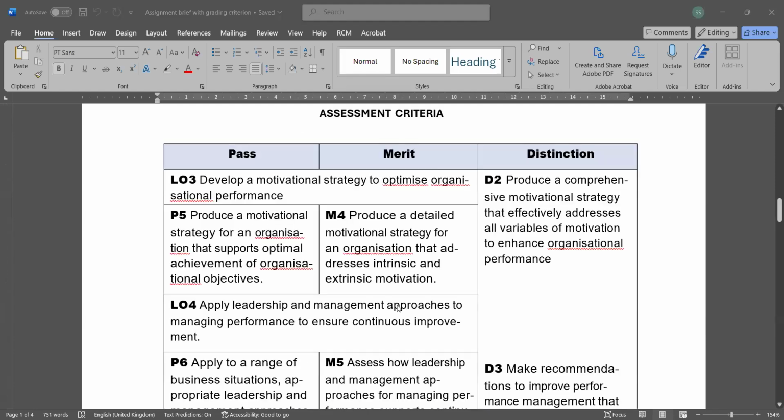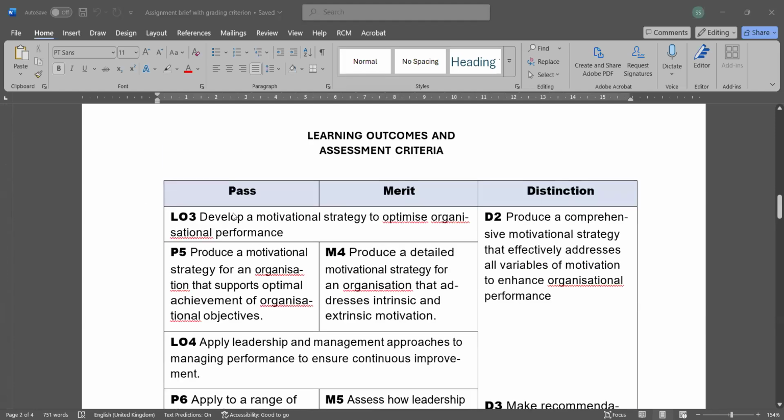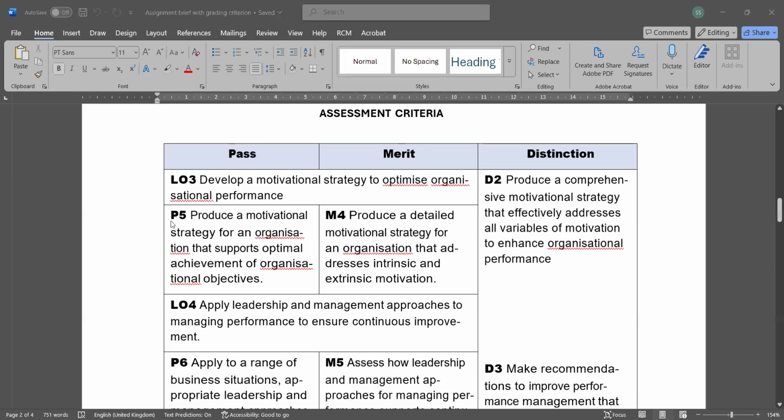Go back to the grading criteria. This part will address learning outcome number three. To achieve P5, you create a basic motivational strategy for an organization, but you link it with the organizational objective.